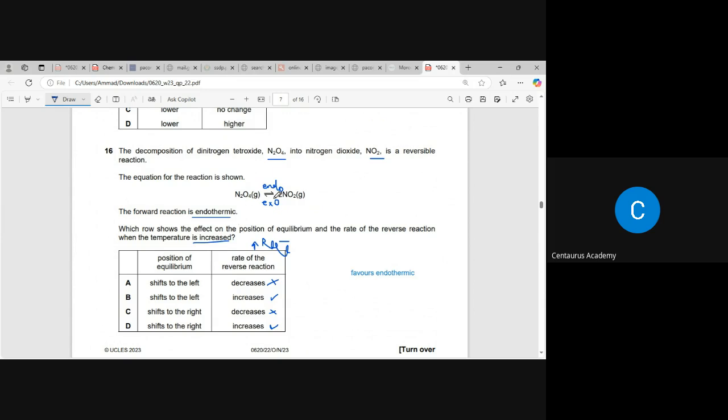your forward reaction, as a result of which more and more product yield should have been formed, which shows the effect on the position of the equilibrium and the rate of the reverse reaction when the temperature is increased. So your correct answer should be